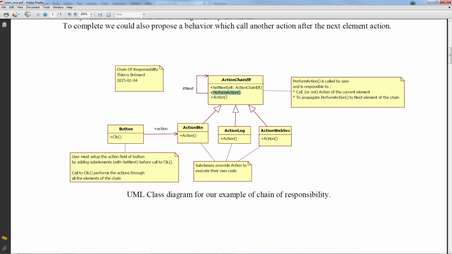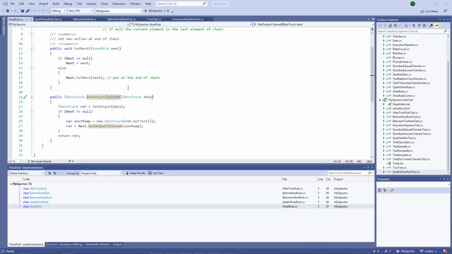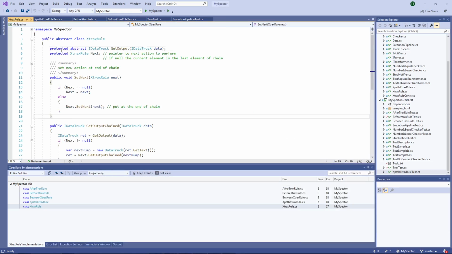Also, a little subtlety: I exposed it as a public method, and during the implementation I changed it to protected. This depends on the solution you want. For my purpose, protected is good.